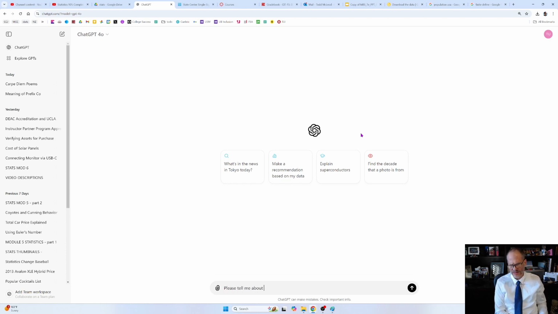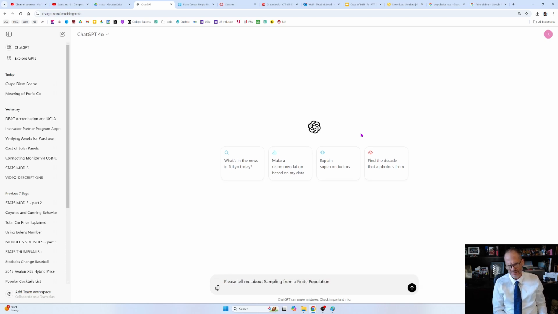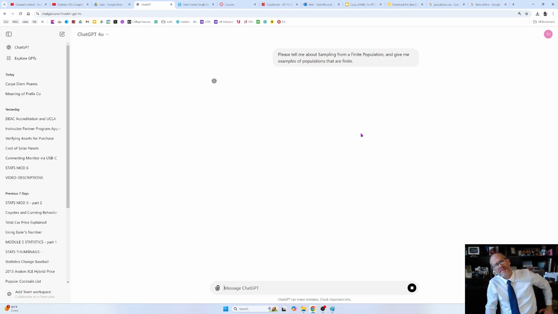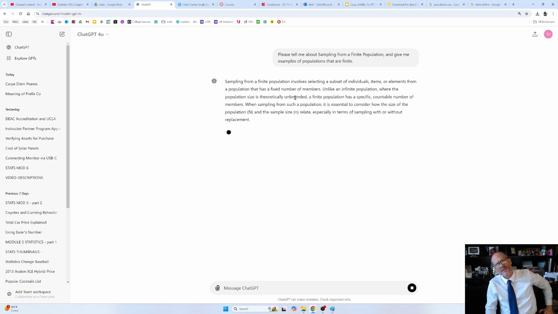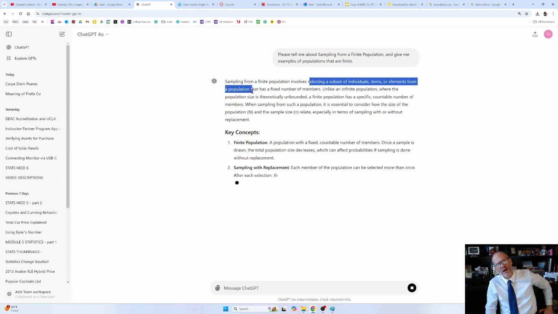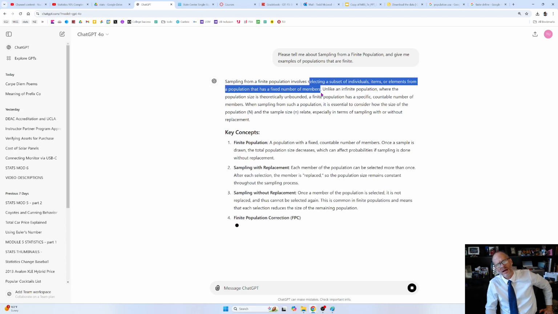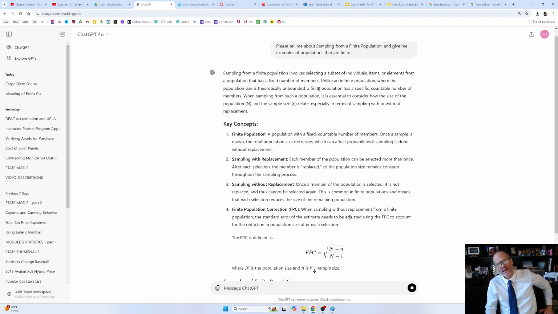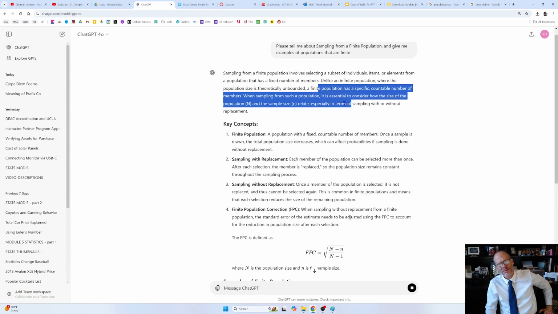Please tell me about sampling from a finite population and give me examples of populations that are finite. I love ChatGPT. Sampling from a finite population involves selecting a subset of individuals, items, or elements from a population that has a fixed number of members. Unlike an infinite population where the population size is theoretically unbounded, a finite population has a specific countable number of members. When sampling from such a population, it is essential to consider how the size of the population